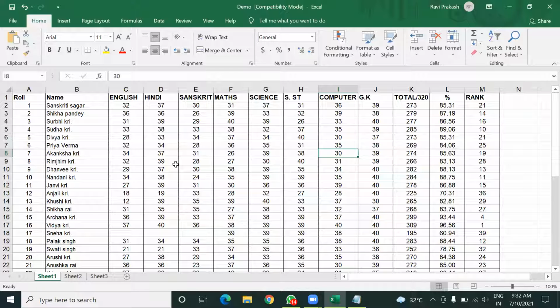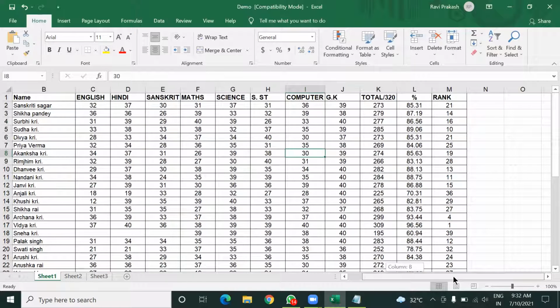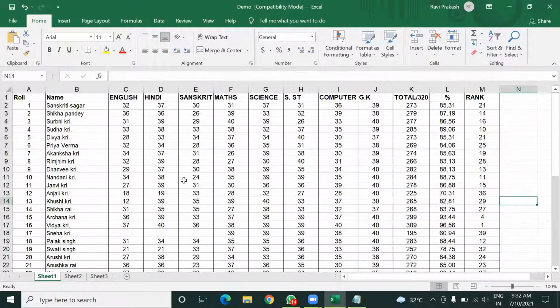In auto filter, means criteria you can give according to your selection, and in advanced filter you have to create your criteria somewhere in this sheet, means away from this database, like in any blank section of the worksheet you can create criteria there, and according to that criteria filtering will be done on your database. So let us see this better.